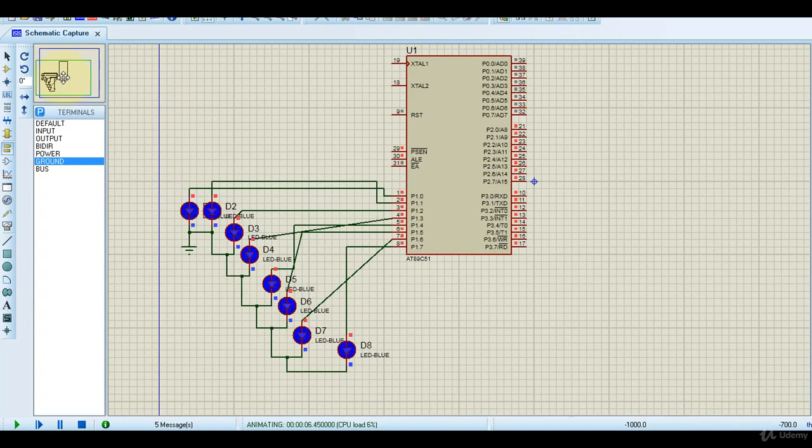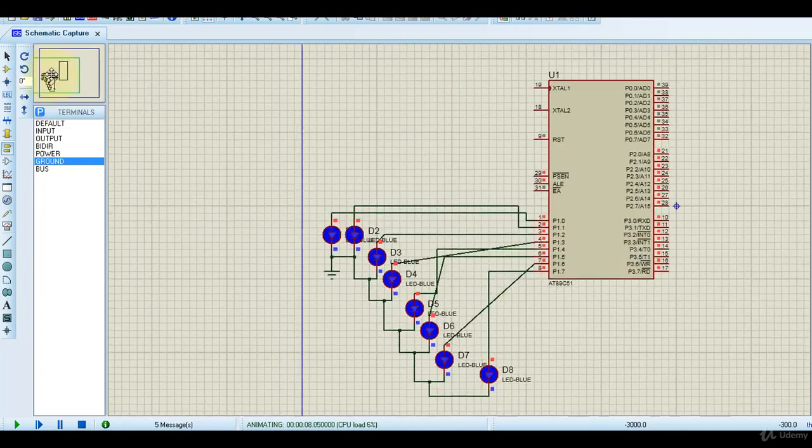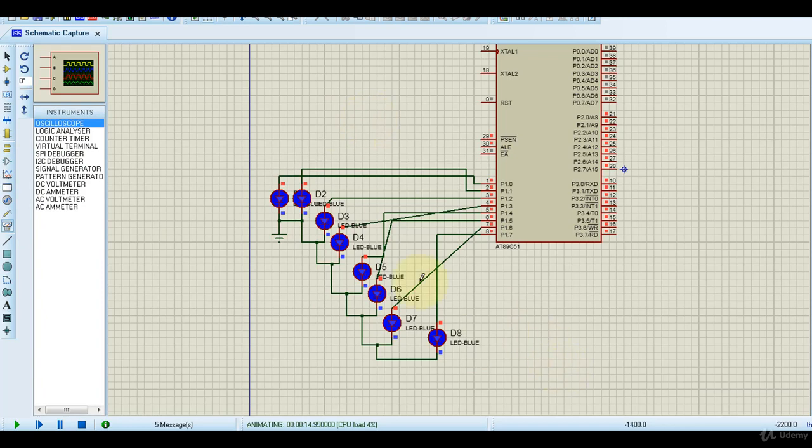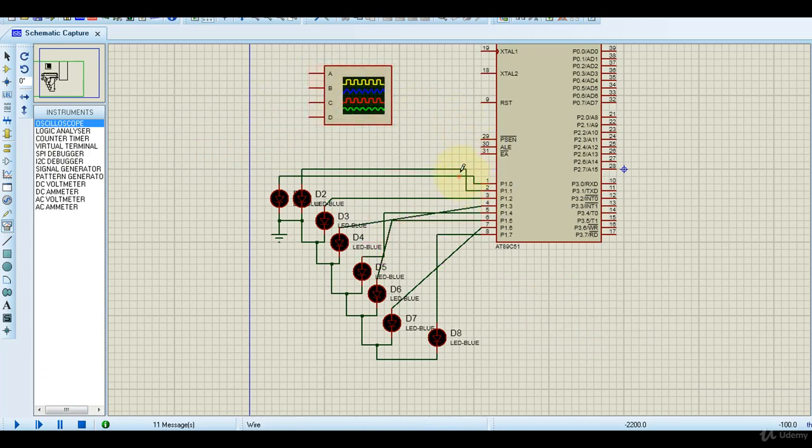Now again my question is, the LEDs are blinking, but whether this delay is 1 second or not. Again, you can cross verify it by taking the virtual instrument called oscilloscope. For that you have to stop this code animation, then take the oscilloscope, connect one of these port 1 pins to the input terminal of the oscilloscope, and run the code again.